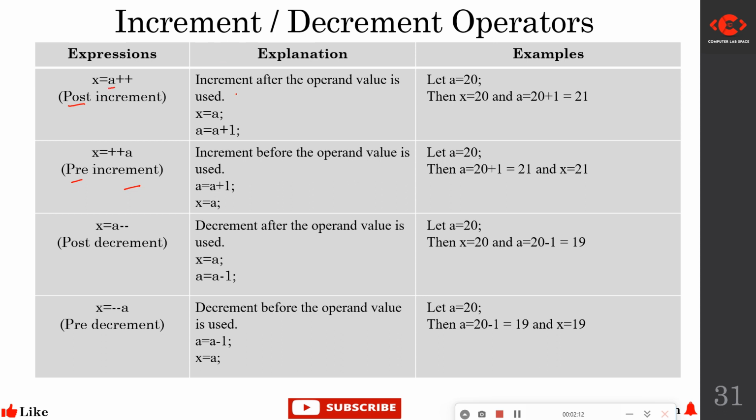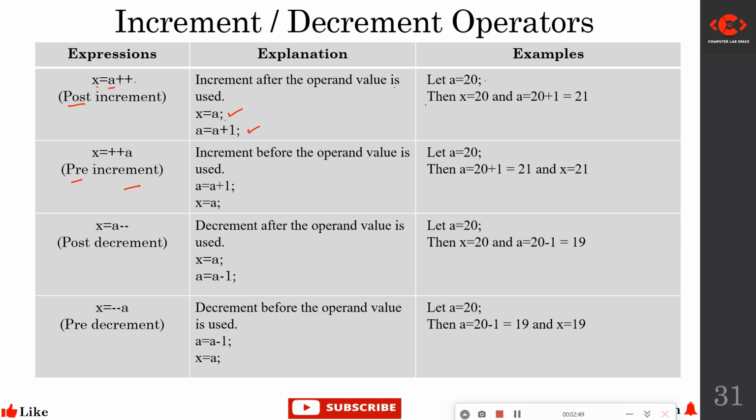Let us take one example here. As I told, first the value should be used, then it is going to be increased by 1. So for example, let's take a is equal to 20. As given in the explanation, increment after the operand value is used. Since it is x is equal to a plus plus here,